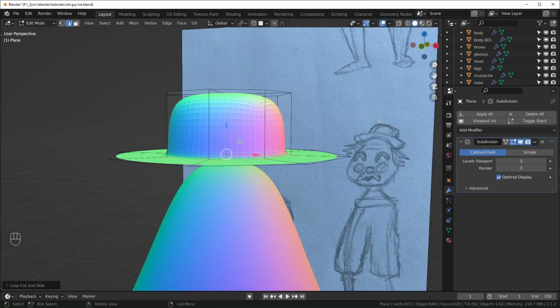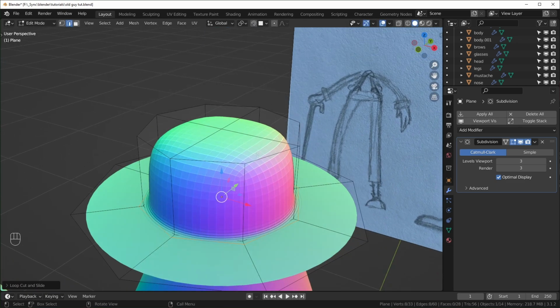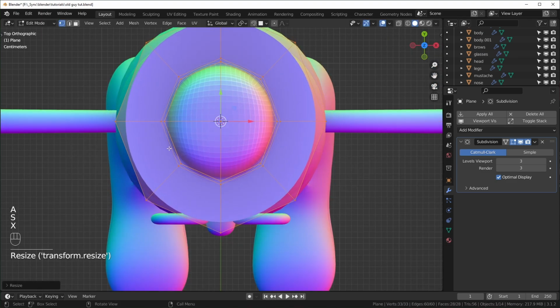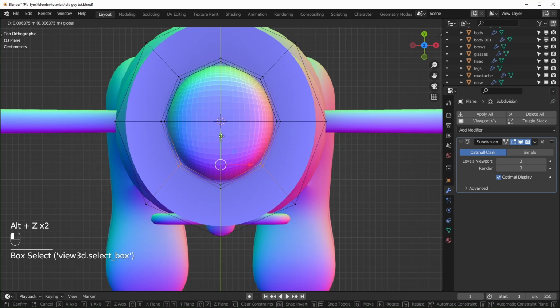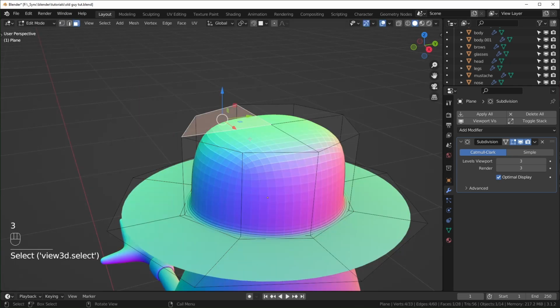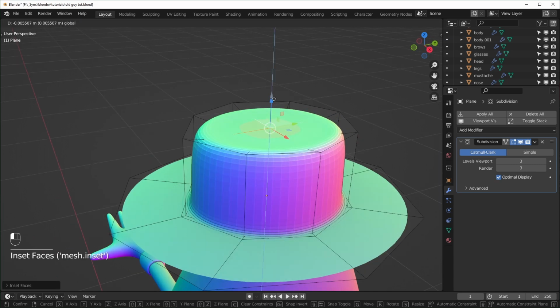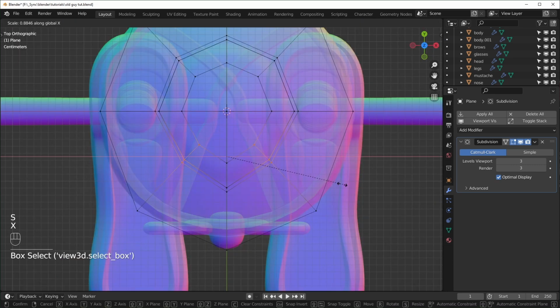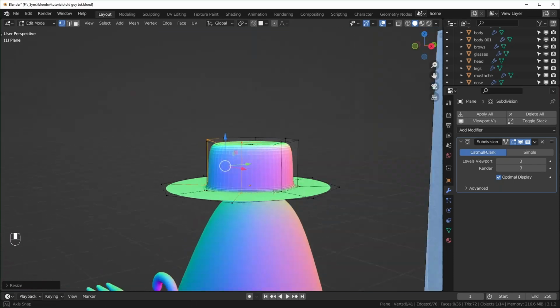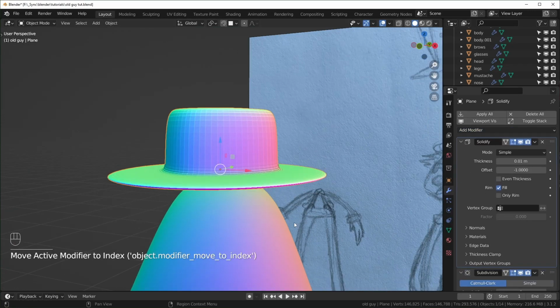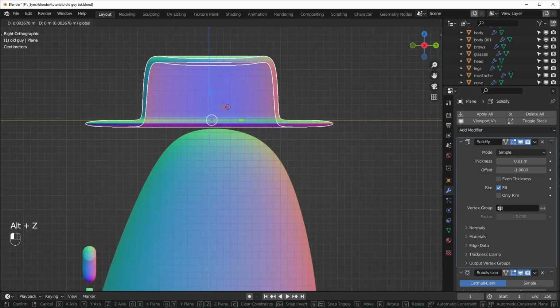I kind of wanted it to be a little more pointed in the front and a little flatter on the top. I'll maybe make everything a little more narrow like that. Select all these, bring them back a little, and then we can select the top and inset that and just bring that down. Now we can come through here and just edit some stuff if we think it needs to be changed. So I'll add a solidify to this, and I'll try putting that before the subdivision, move this around a little,